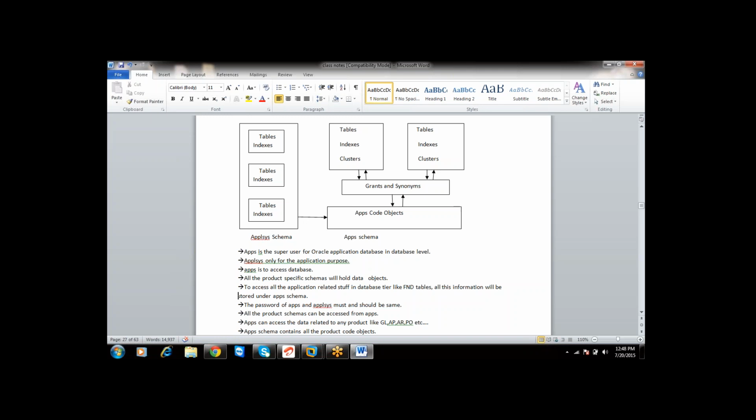But why a common schema which has access to all the non-ATG schemas? See, that is what I am telling. If you want to find any information related to any specific product, you can query using the app schema. So when there is one schema with the help of which you are able to access all the other schemas, I am asking you, why do you need to connect as an individual schema?